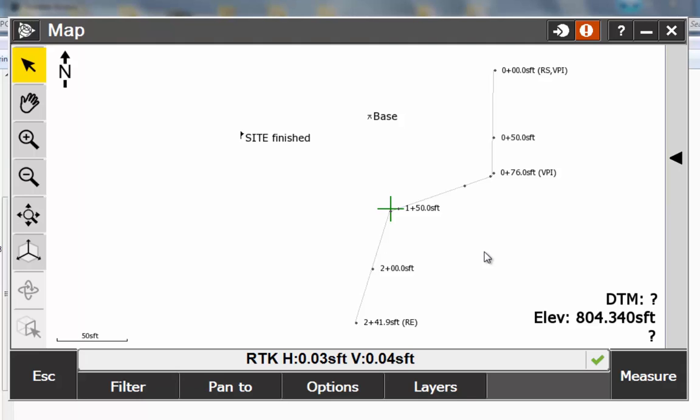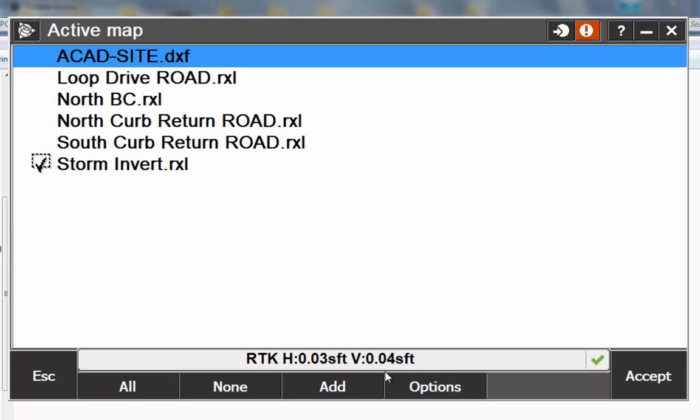Oh, actually, no, it doesn't. I have one more thing. Never mind. Fake out, Brian. I'm sorry. I want to show you the TTM file. He had the surface, the TTM file for spot checks. I forgot to add that in here. So if we want to add that to the mix,